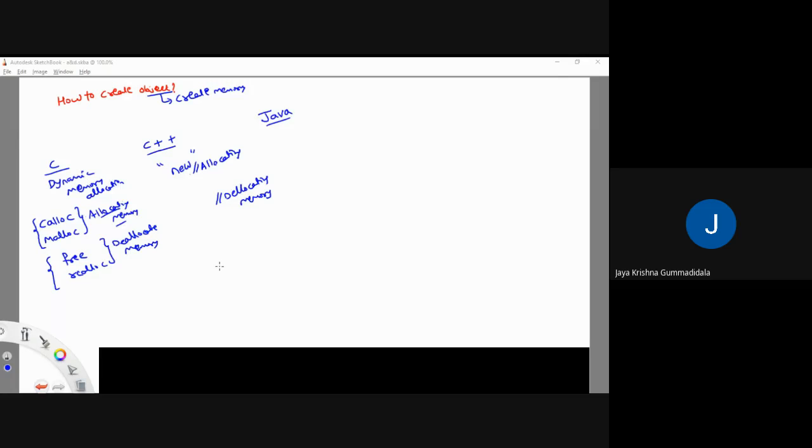Deallocating the memory. Delete. Yes, very good. Delete is the keyword which is used to deallocate the memory in C++ language. Similarly, in